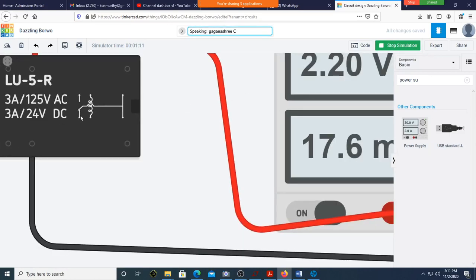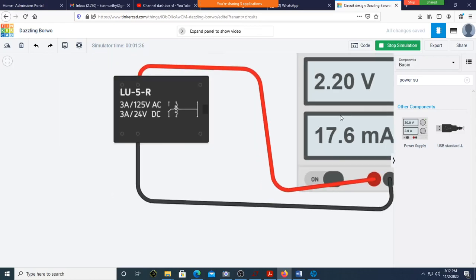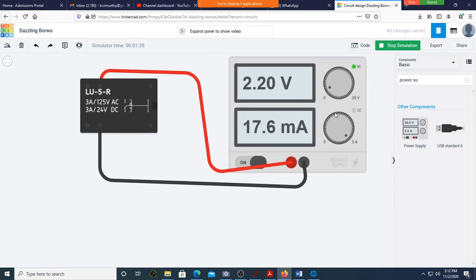Now that is what relay action is. This is common. This is the coil. To the coil I'm connecting the power supply. If the current flowing through this is sufficient, then only it pulls the relay onto the NO side, otherwise it is on the NC side. This common will be connected to NC when the current is less. If the current is sufficient, then only you can see it. Now I'll make it. Can you see it just goes above? Can you see it went up?